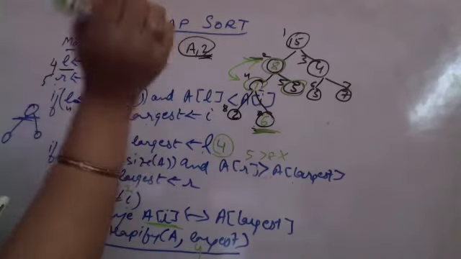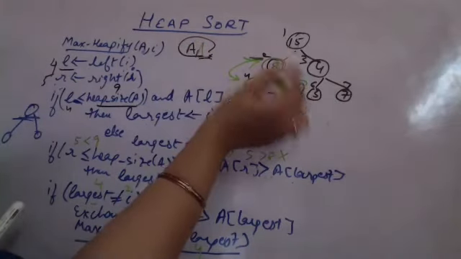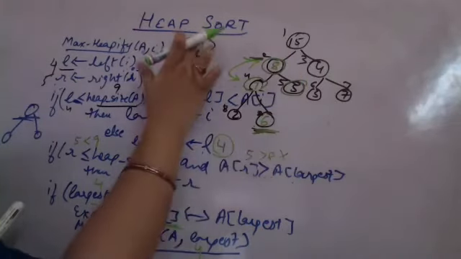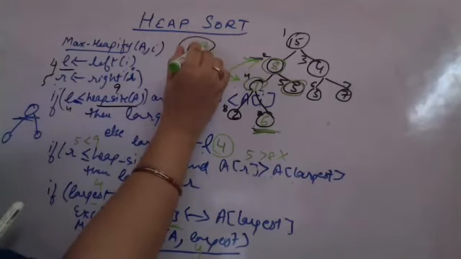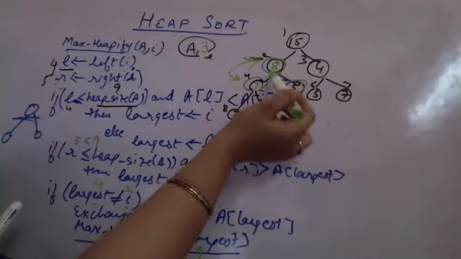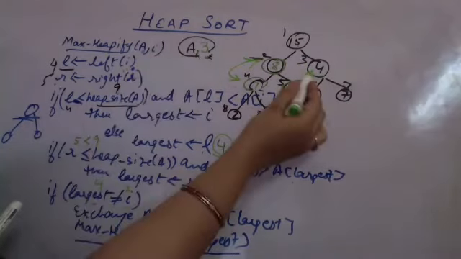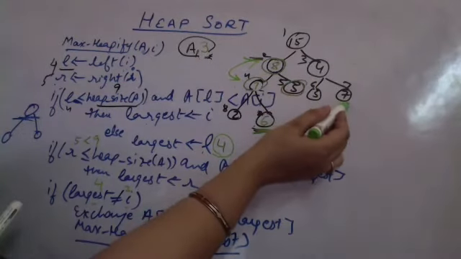Now if I am again calling supposedly heapify on a comma 1, this time I am calling a heap. Now 1 is already heapified, if you can see, so I need not call it there. So I am trying to call for a comma 3. तीसरी नोड चेक कर रहे हैं हम. 15 तो बड़ा ही है ना 8 और 4 से, तो हम थर्ड नोड के लिए चेक कर रहे हैं. 4 उसके चिल्ड्रन हैं 3 और 7.